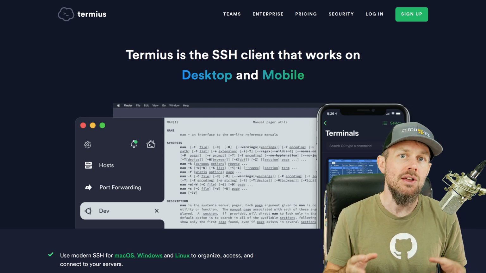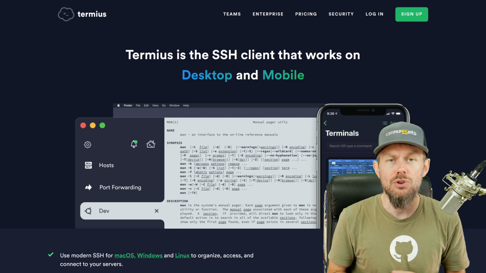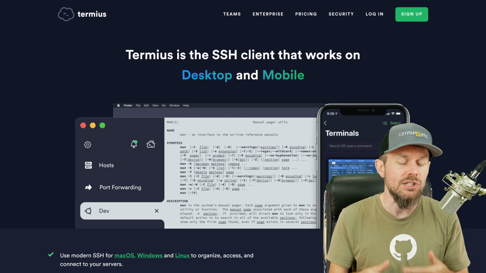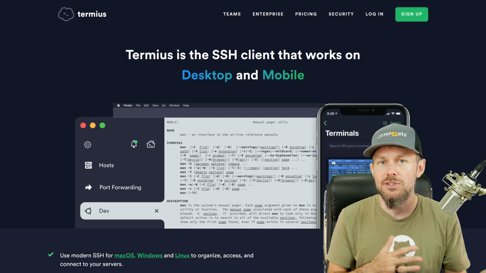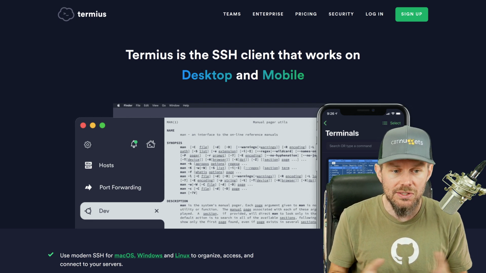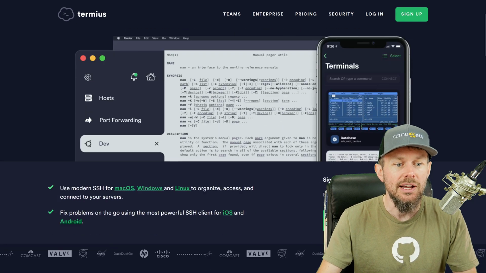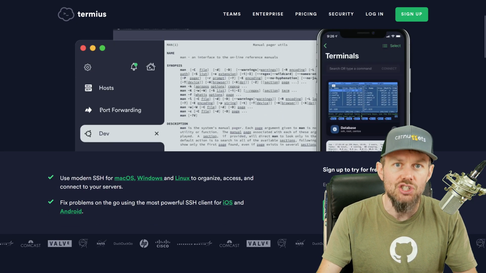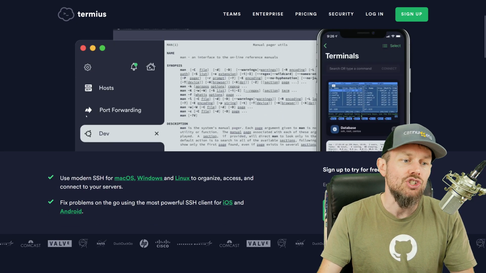The reason I actually came across it was because I was searching for an SFTP GUI. So I was looking for something that I could use to just graphically transfer files between my host system and my remote Linux systems. So this is a really sweet utility to do SSH management of remote shells,